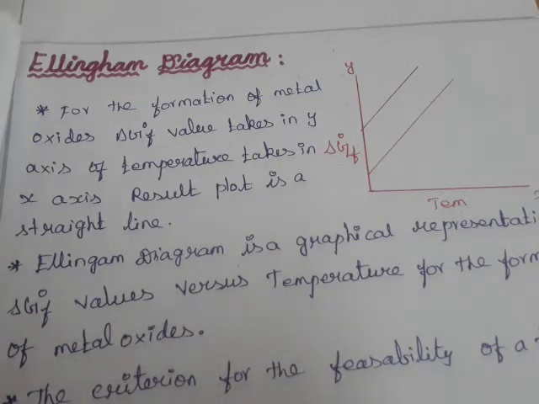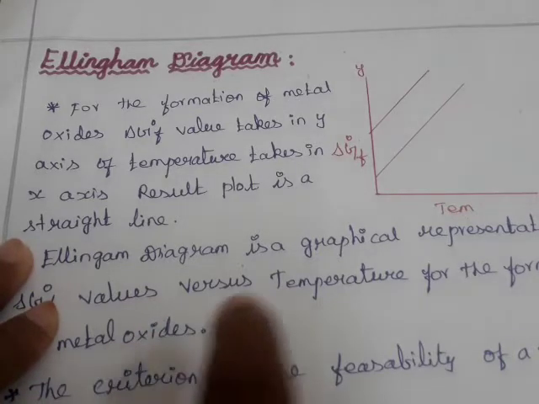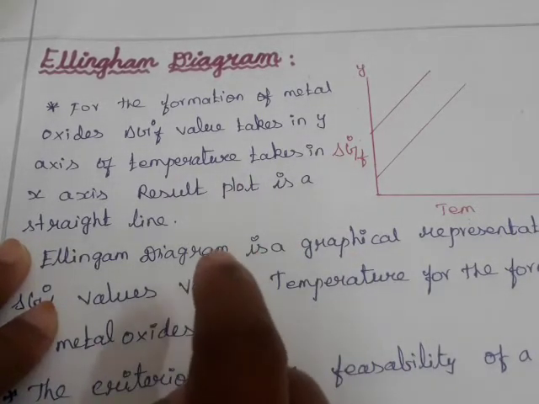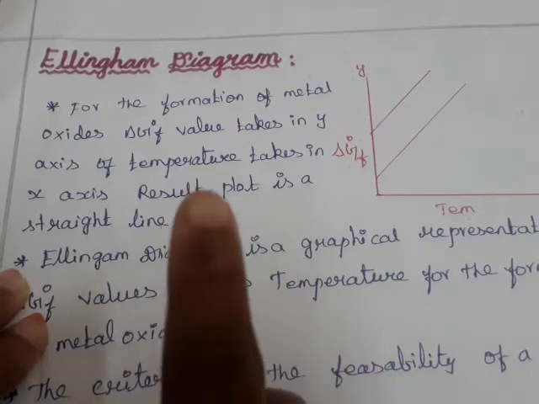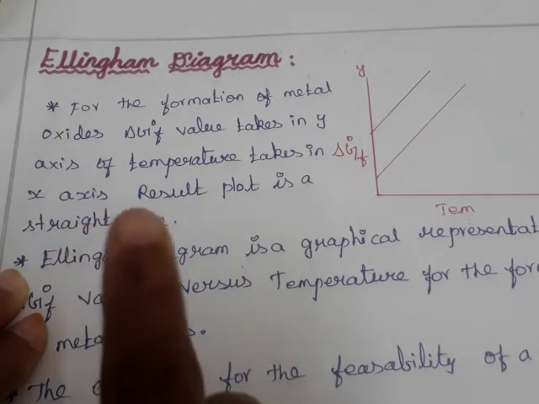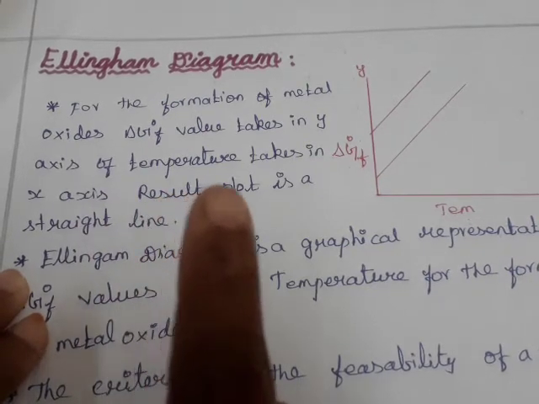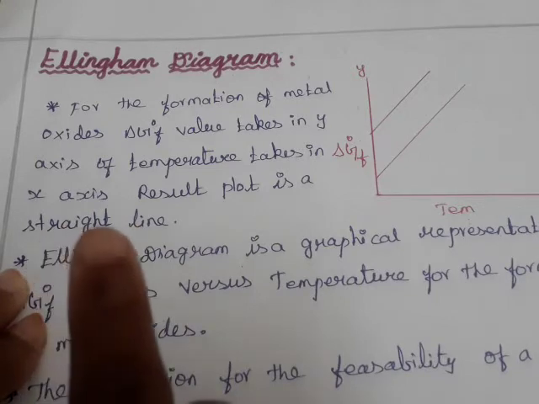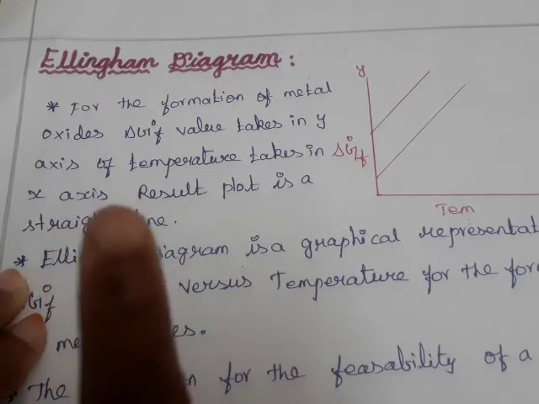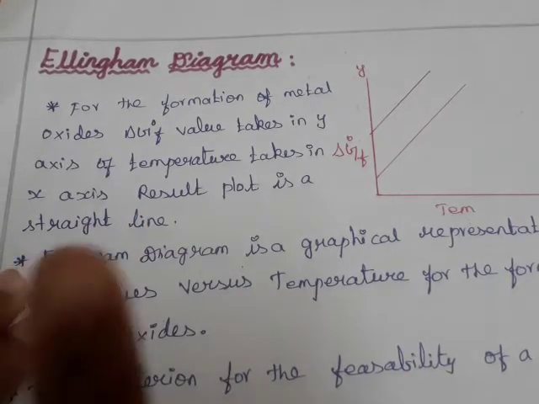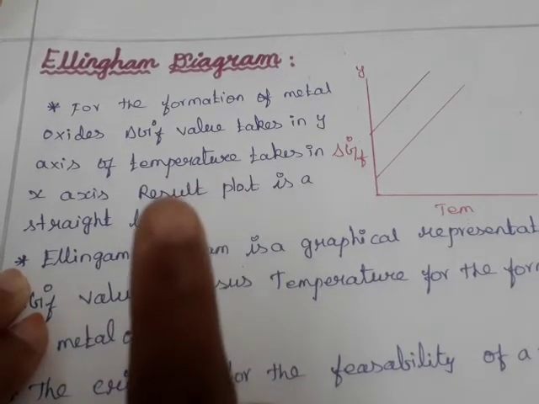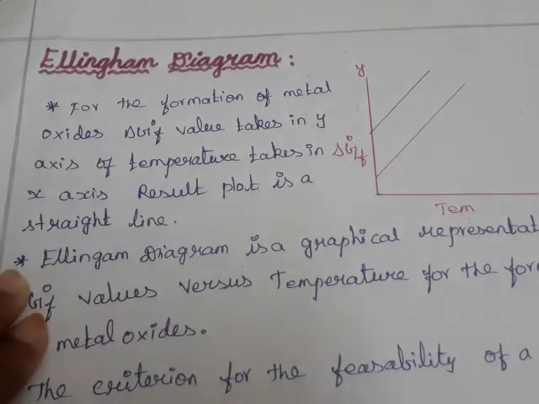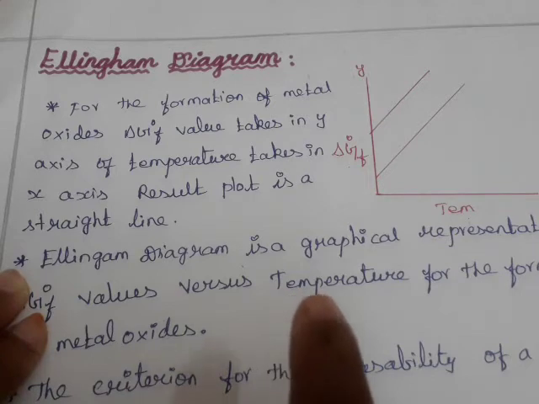The Ellingham diagram gives us the thermodynamic feasibility of the reaction, because it is constructed only on the basis of thermodynamic principles. We already saw in the last video, on the thermodynamic principles of metallurgy, that for a reduction reaction the del G naught value must be negative. Only such a reduction is suitable. This method is also based only on thermodynamic principles.